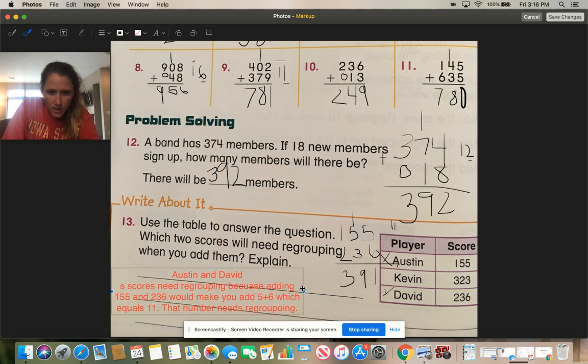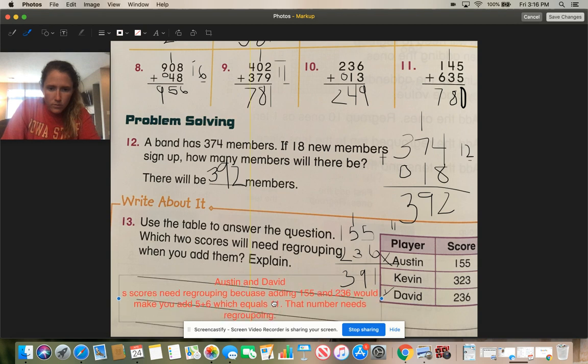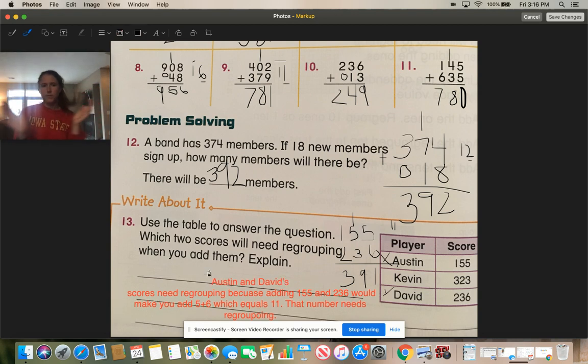But as long as you know whose scores would need regrouping. So I hope that worksheet went okay with you, and I go ahead and do the next worksheet from